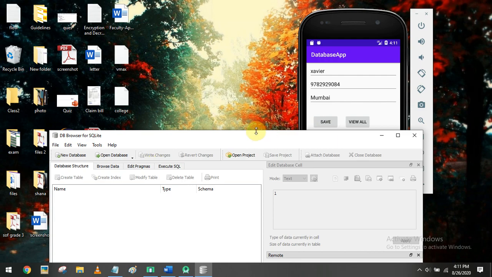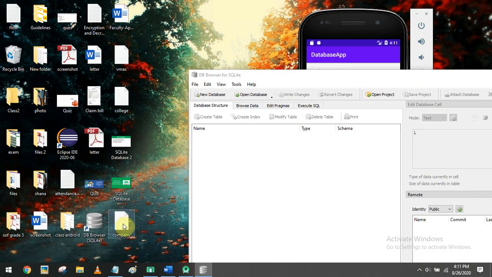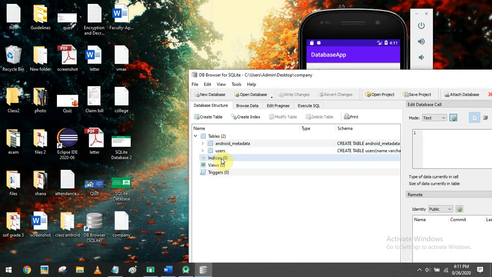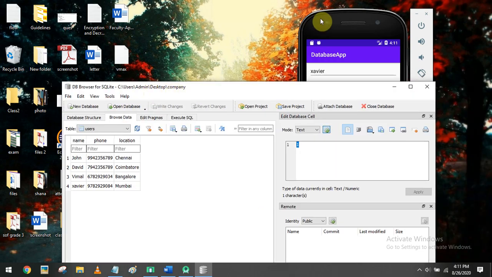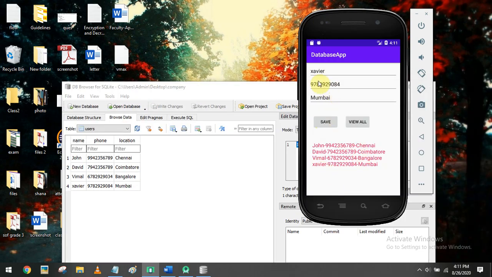I'll drag and drop, and you can see the table here. Open it, browse table. Now you can see currently we have 4 records stored. Those data we can view here as well as on the screen in the application.